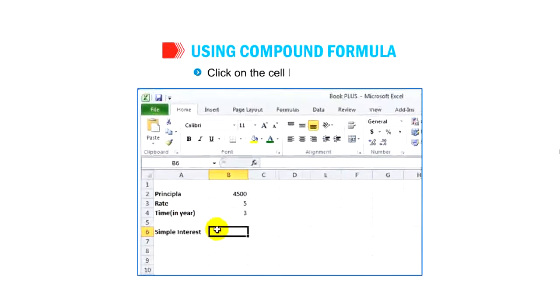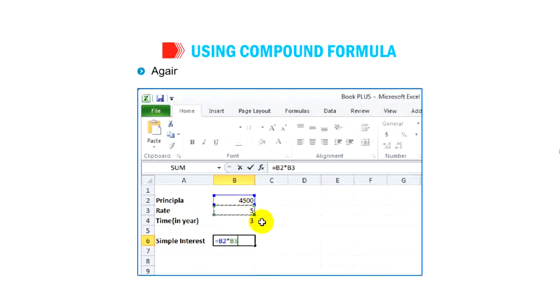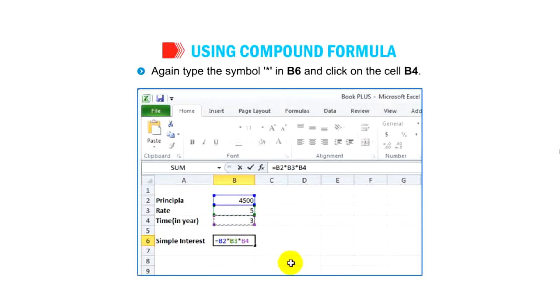Click on the cell B6 and type equal to. Click on the cell B2. The cell address of B2 appears in the cell B6. Type the symbol asterisk and click on the cell B3. Again, type the symbol asterisk in B6 and click on the cell B4.